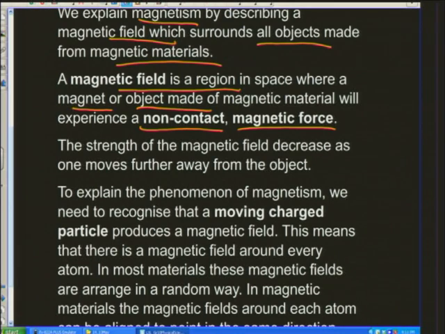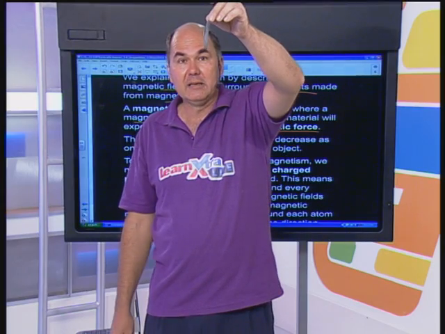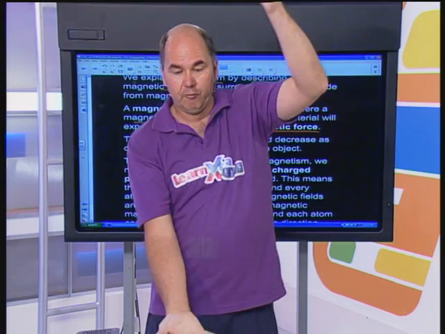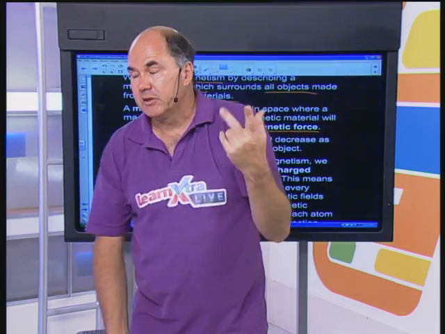There are some other non-contact forces. Here's one that you might have thought about. If I let this little bit of lead, a lead sinker, fall, what made it fall? Well, there's a non-contact force of attraction with the Earth. So there's a gravitational field around the Earth, and anything that's got mass will be attracted to it. In the same way, anything that is magnetic, like a magnet, will be attracted in a magnetic field. So if you've got a magnetic property and there's a magnet, you'll be attracted to it. So bear that in mind.